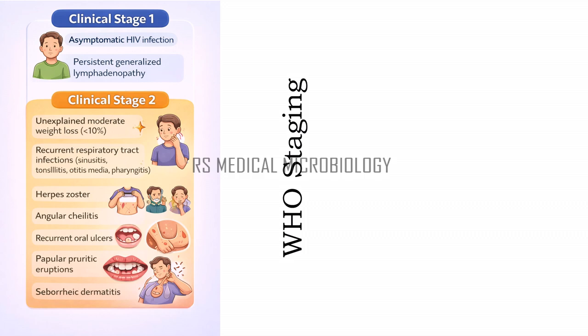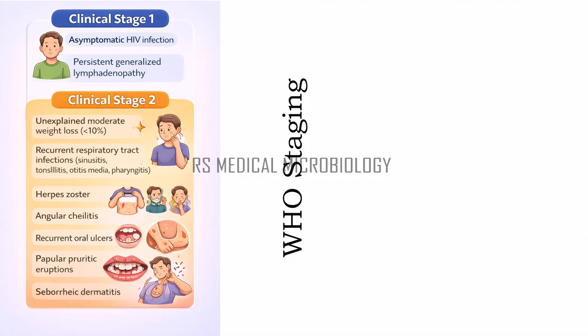This slowly goes into stage 2, where the patient has unexplained weight loss of less than 10% of the current body weight, recurrent respiratory tract infections, herpes zoster, angular cheilitis, recurrent oral ulcers, some eruptions here and there, and seborrheic